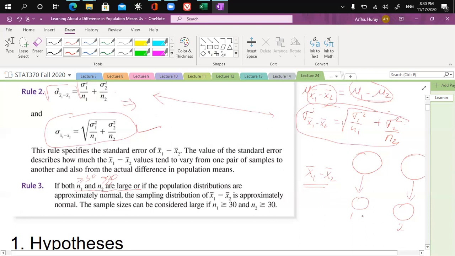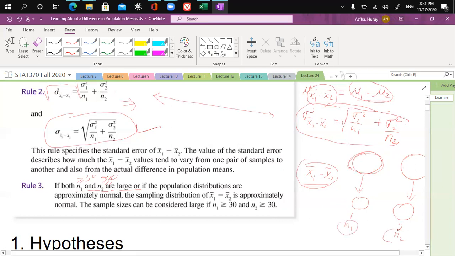So one possibility is n1 and n2. By looking at these two, if they are large, then we can say approximately this follows a normal distribution. And the other one is when the distribution of this population is approximately normal, and the distribution of this population is approximately normal. So if the population distributions for both of them are approximately normal, then we don't care about